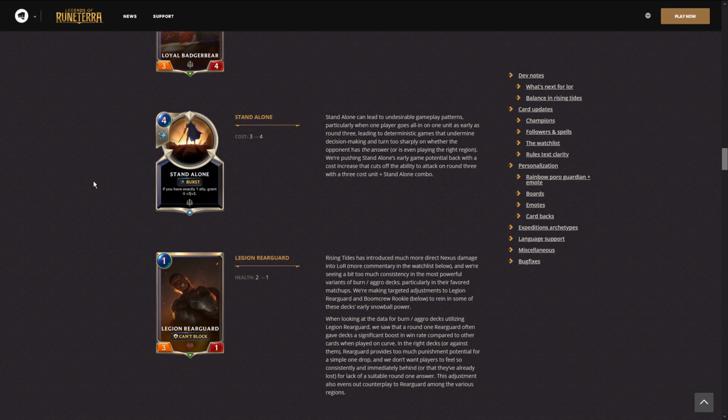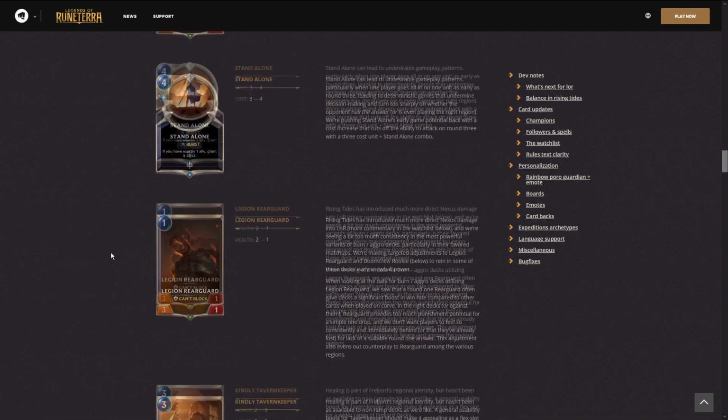I feel like it's fine that we have strong 1-drops and 2-drops because they don't want the game to turn into a game where you go turn 1 pass, turn 2 pass, turn 3 do something and spell mana, aka turn 3 elusive standalone, as we can see from before. So I think this is a fair nerf that will keep the card alive and playable as an aggro card like it should be. Next up,